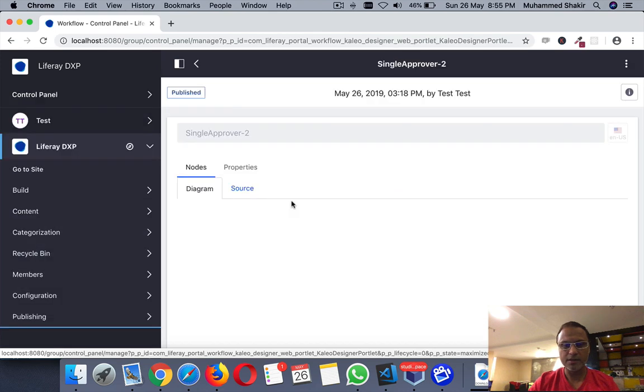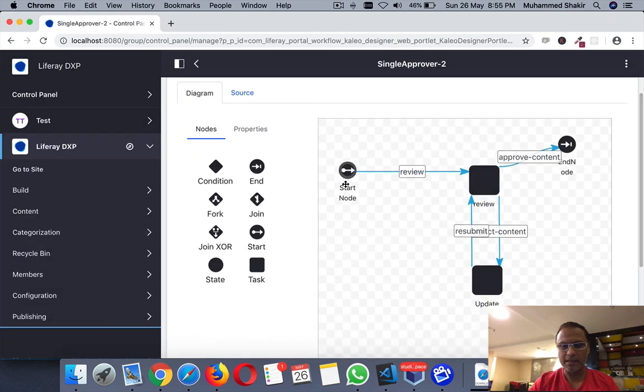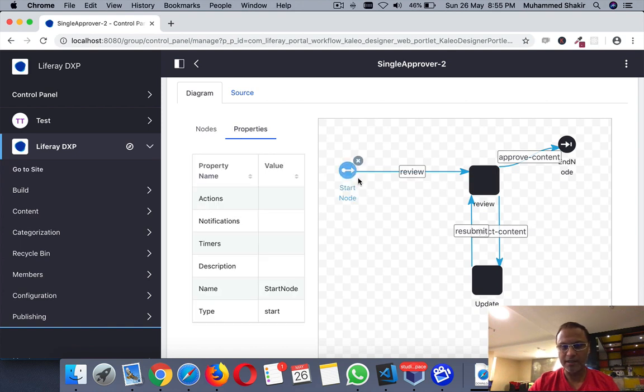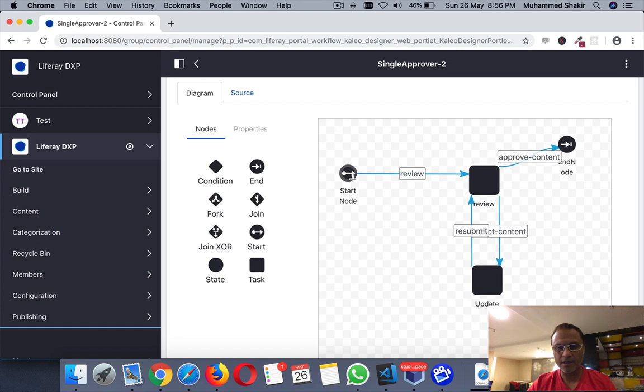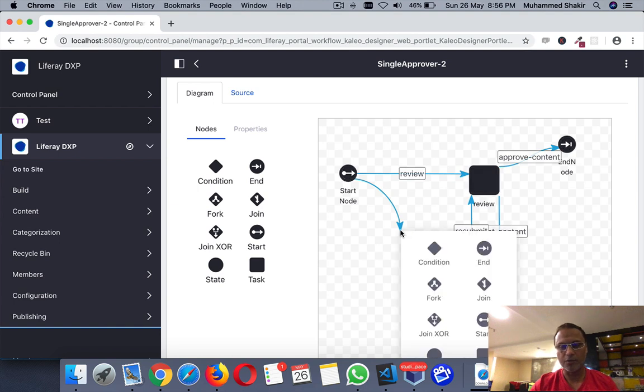What is important here is that when you get started with it, when you want to draw these transitions from one node to the other node, it's very important you need to select this and then just make sure that the pointer reaches this. If it is an anchor to move it, then you will not be able to drag and create a transition. So you just need to wait till the pointer reaches a plus sign exactly like this, and then you will be able to pull out a transition from that. So that's one important point.